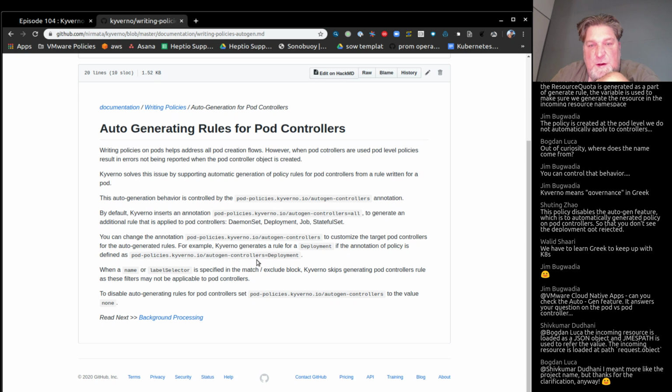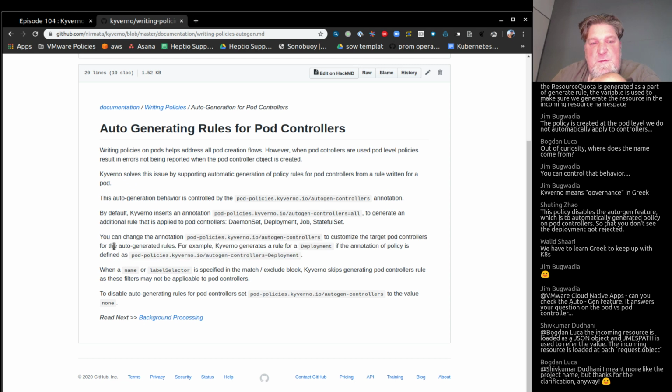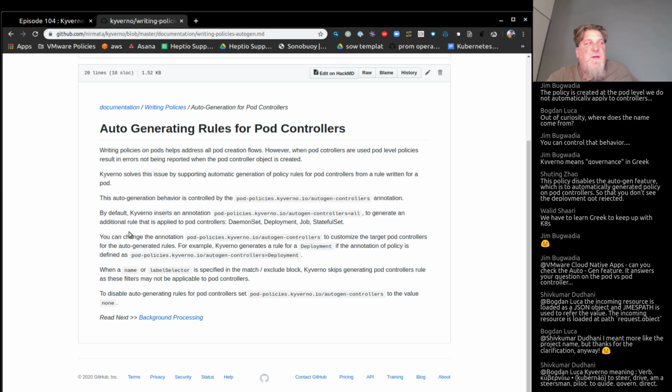You can change the annotation, but this is saying that by default it should apply, but it doesn't. It may be that you're missing one. The annotation is defined as pod-policies autogen controllers deployment. So in this documentation, they're saying that it looks like it should show up, right? So if I actually modified, oh, actually no, this is a reverse match that I'm talking about, right? So in the policy,